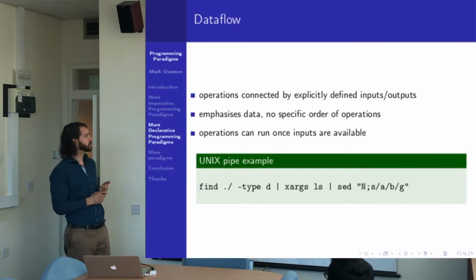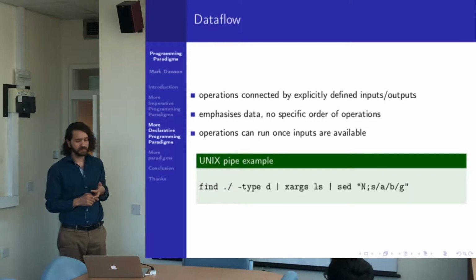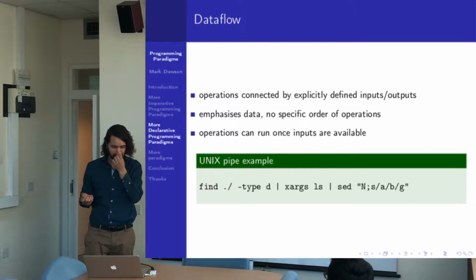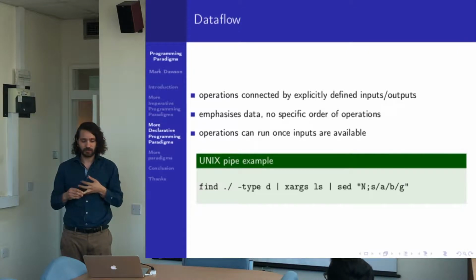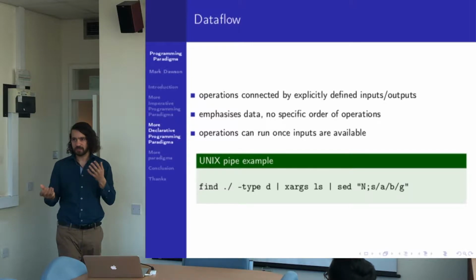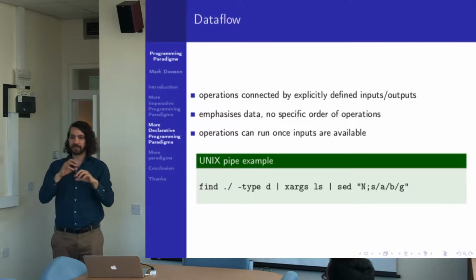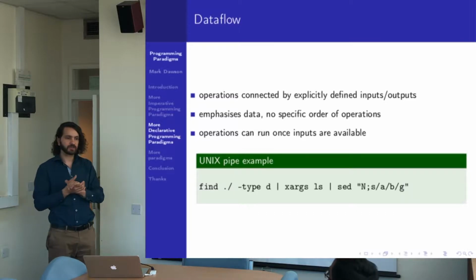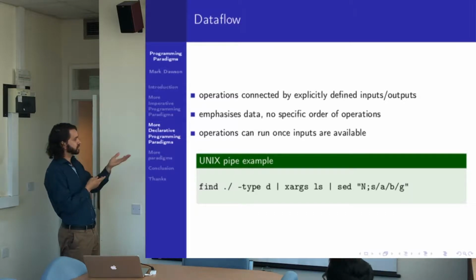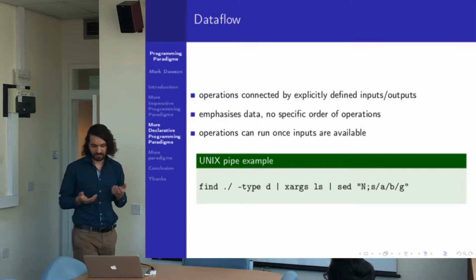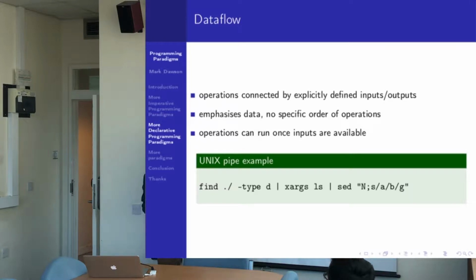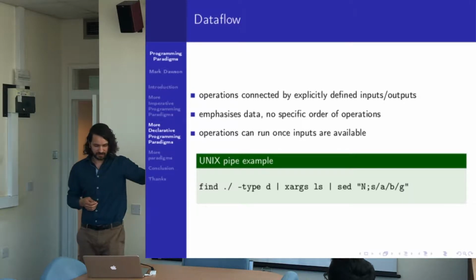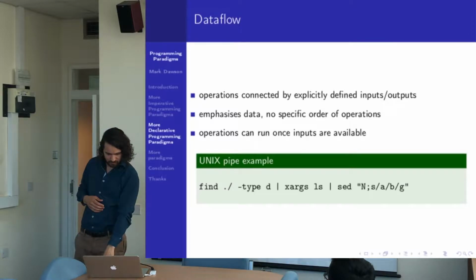Data flow is interesting. Operations are connected explicitly. We have a bunch of inputs and a bunch of outputs. Generally, data flow programming languages tend to be, I would argue, visual, in that you're building trees or pipelines of data flow. But a nice example that we're probably all familiar with is just Unix pipes. Here we have some data that flows from here to here to here. I have some complete nonsense written there that does nothing, but it gives the